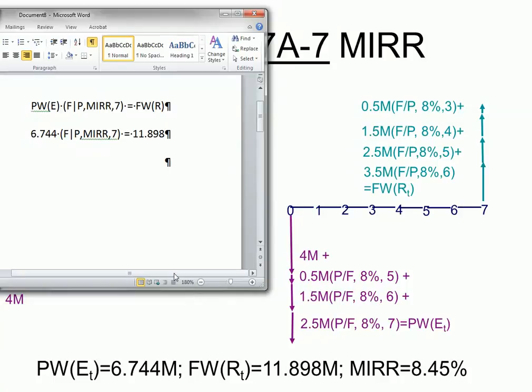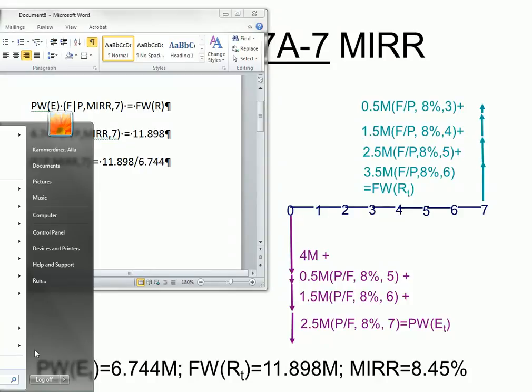And then we can find the factor F given P, MIRR, 7, is going to be 11.898 divided by 6.744. So using a calculator,